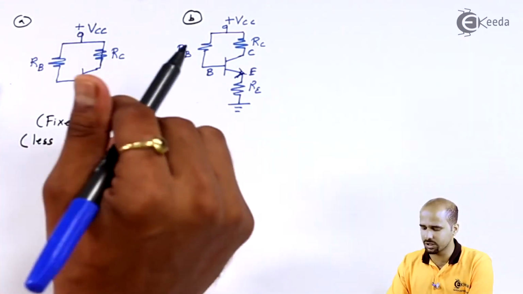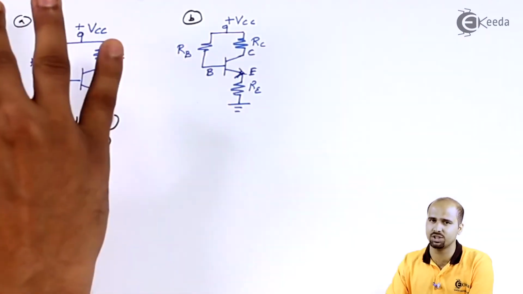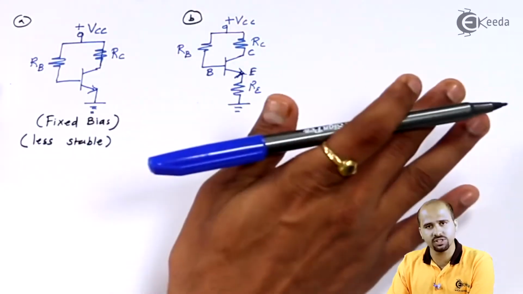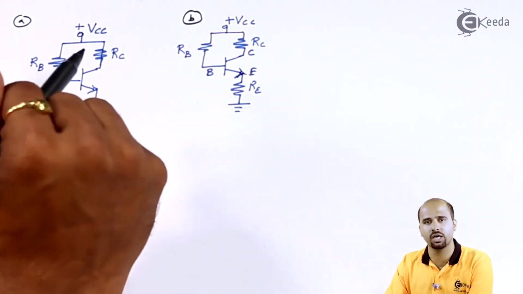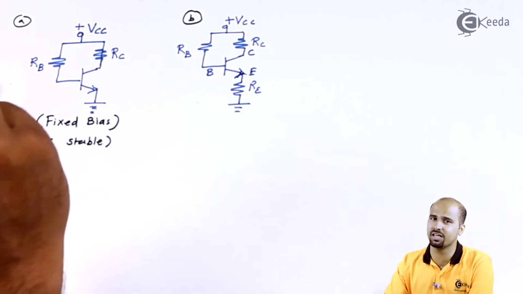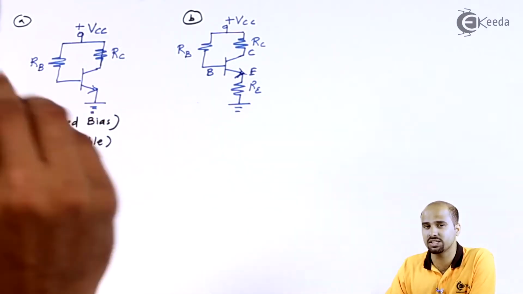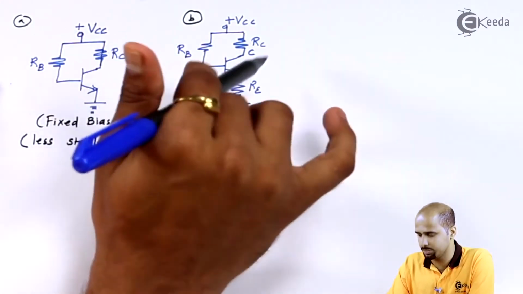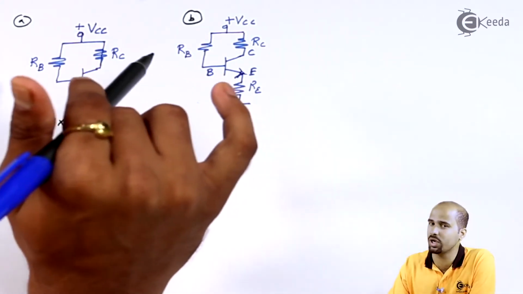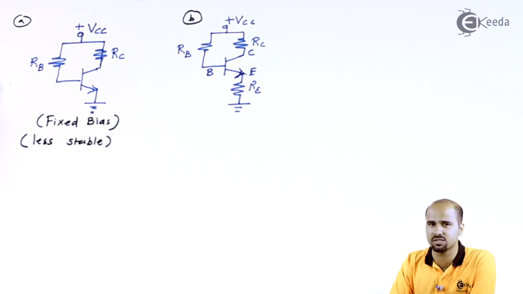If we change this transistor from NPN to PNP, the operation will be the same, but just the direction of the flow of current and the responsible carrier will change. Here the responsible carrier is more or less electron. Here my responsible carrier is also electron, but if I use a PNP transistor, then my responsible carrier for the current flow will be holes majorly.